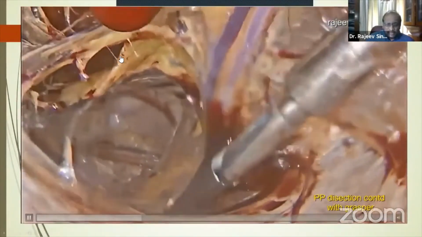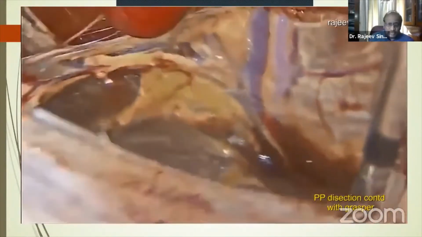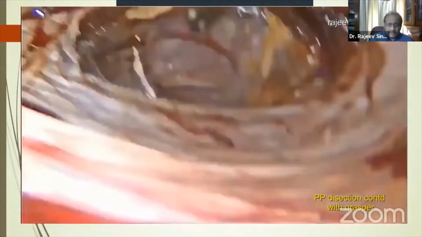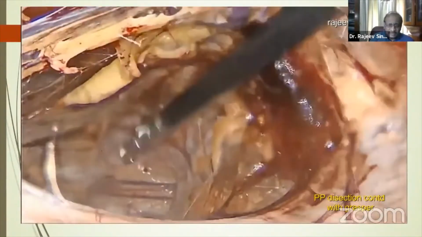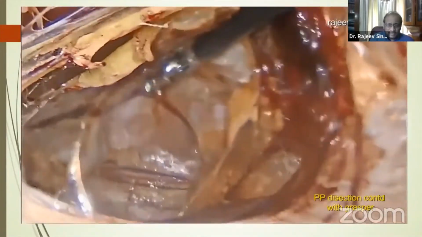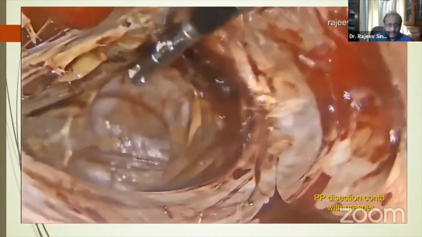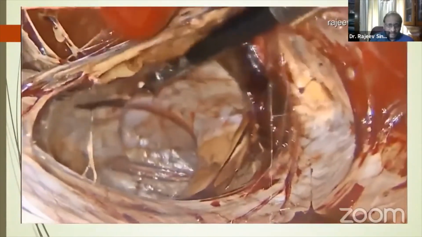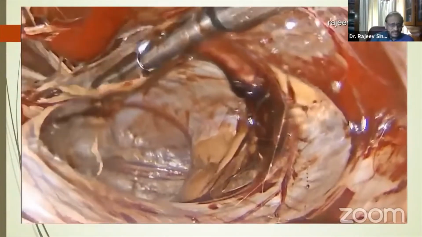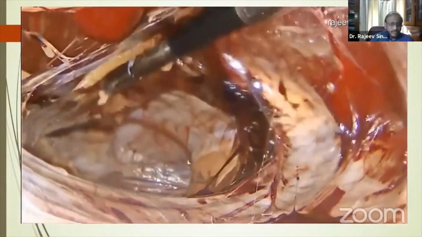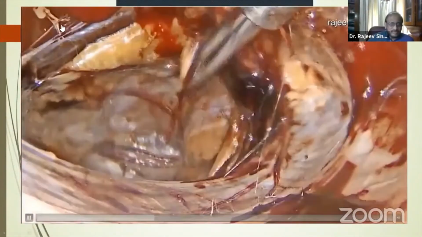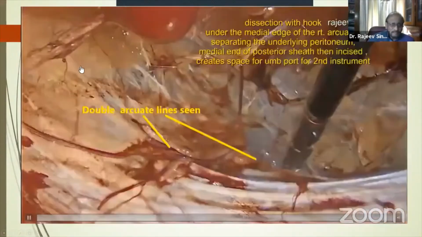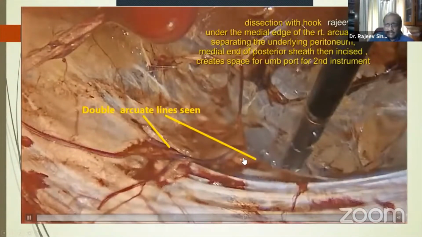Initially it was a dissection only with the telescope. Now I am doing a dissection along with the first grasper that I put in, or the first dissector. Always keep identifying the pubic bone. That forms a landmark for dissection. Can you see the pubic bone coming into view there? Now, once you've done that, you remove this transverse fascia out here, which I had shown you earlier. You can see the underlying rectus abdominis. This is the transverse fascia we are removing. Very well seen. These are the double arcuate lines seen out here.